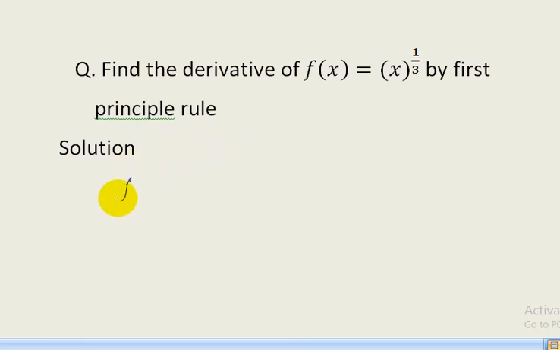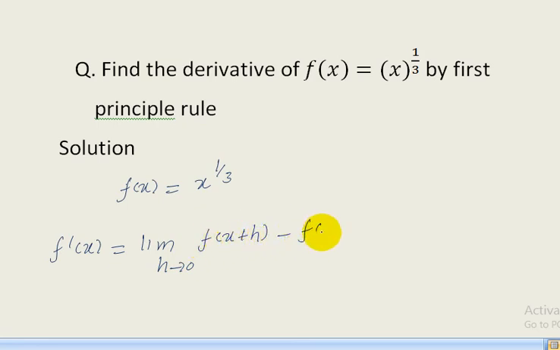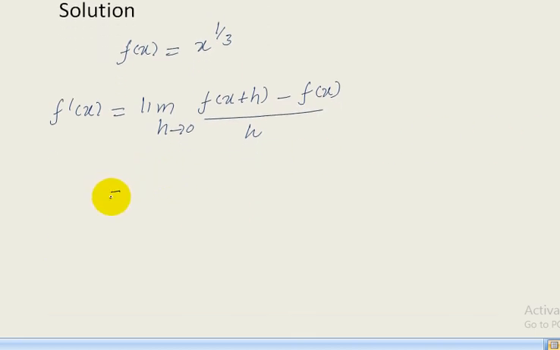Here f of x is equal to cube root of x, raised power 1 upon 3. By first principle rule, f prime of x is equal to limit h approaches to 0, f of x plus h minus f of x upon h, which implies f prime of x is equal to limit h approaches to 0. As f of x is equal to cube root of x,